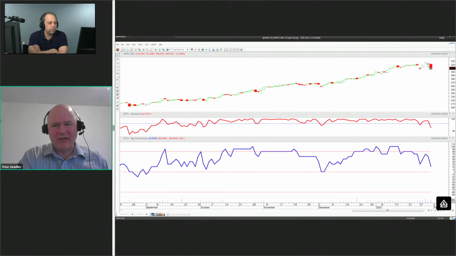And look at what Apple's doing. It's starting to go sideways to a little bit lower, and that's right after the great earnings. Everybody's raving about what a super earnings report they had. Turns out it doesn't matter if the earnings are good if the rest of the market is starting to sour, or in this case, just the underlying trend indicators are starting to get a little more mixed, or maybe just a moderate positive right now above this zero line. So it just tells us that, okay,